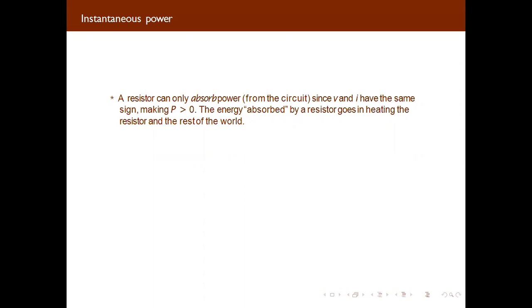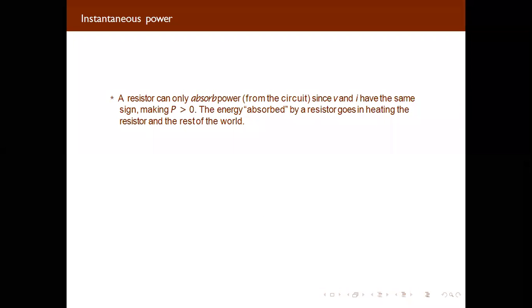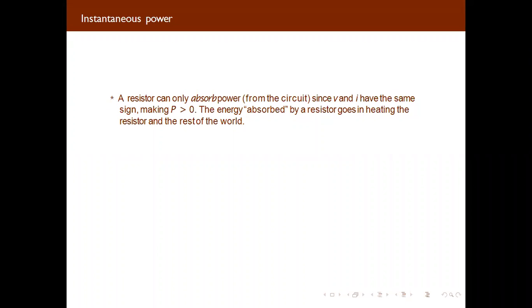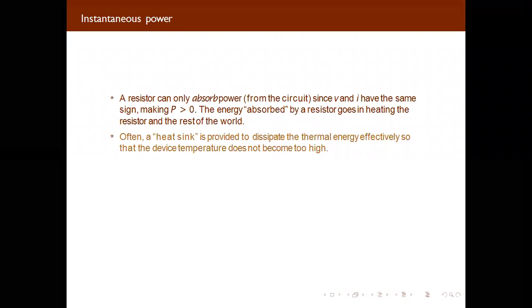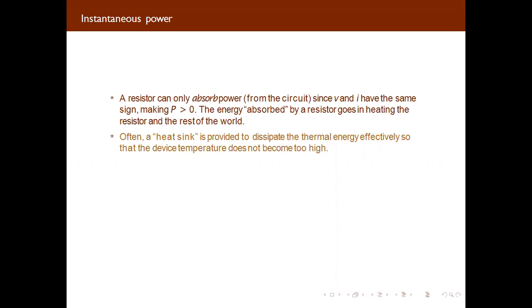So a resistor can only absorb power since V and I have the same sign. So if the power is greater than 0, we can say the energy absorbed by the resistor goes into heating the rest of the world. Often we use a heat sink because if a larger amount of heat is produced,